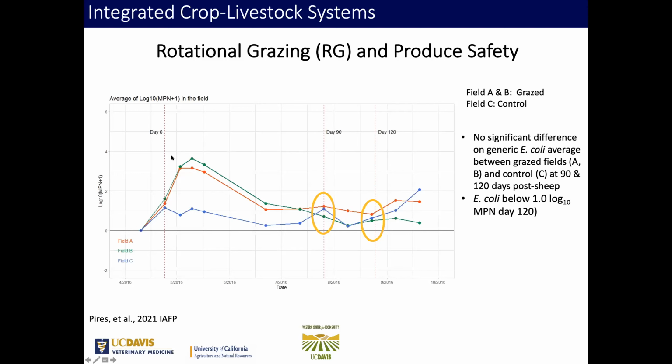And the field that's controlled, not grazed, but still with cover crops. So the sheep were in the field when there is a cover crop. In blue is the control. So we see here a nice peak shortly after the grazing and the tilling. And then by day 90, we were interested in